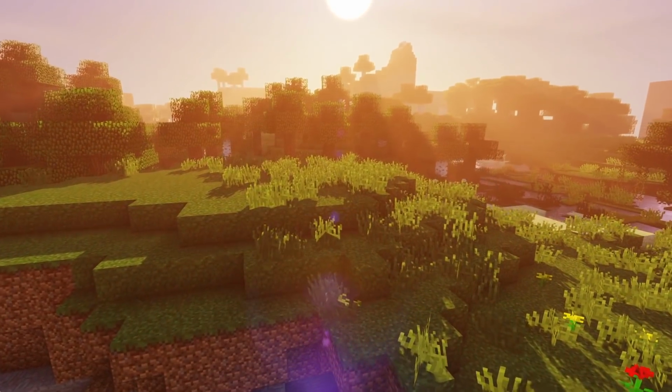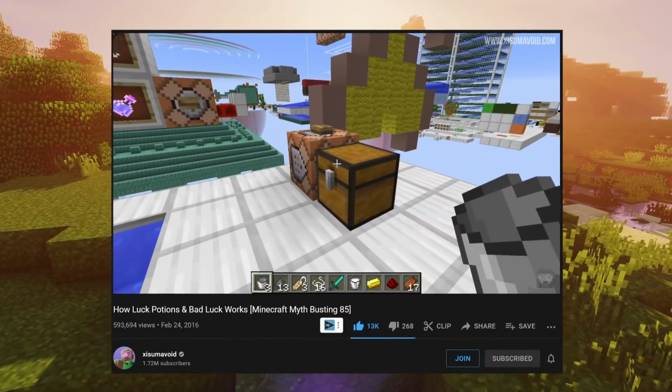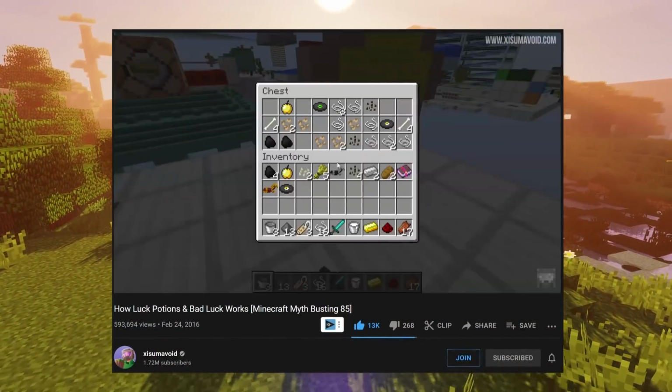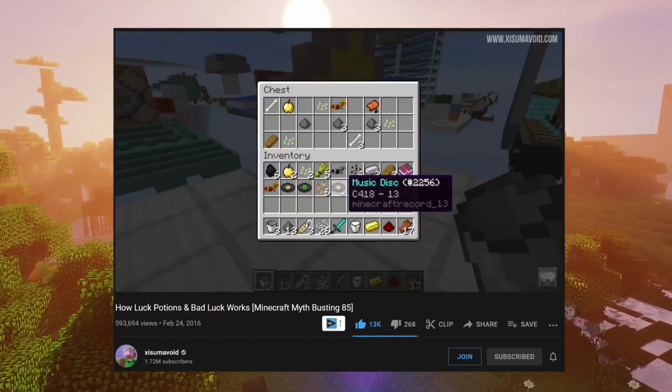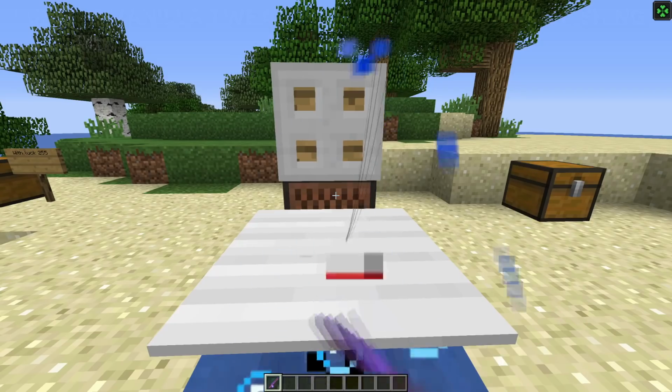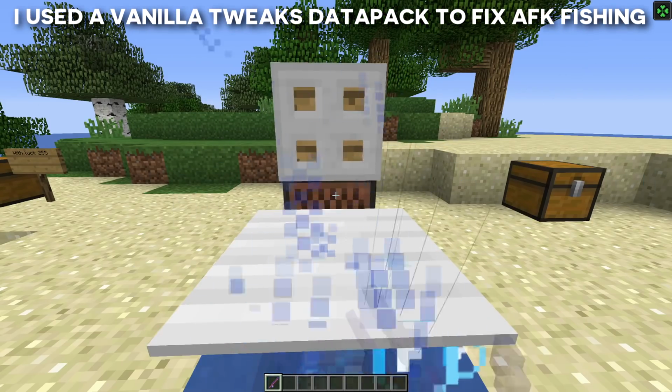And I'm not the only person who noticed this. A few years back, Exumavoid did a myth-busting episode talking about luck and found that the loot from generated chests wasn't actually better. Fortunately, it does work as intended with fishing though,